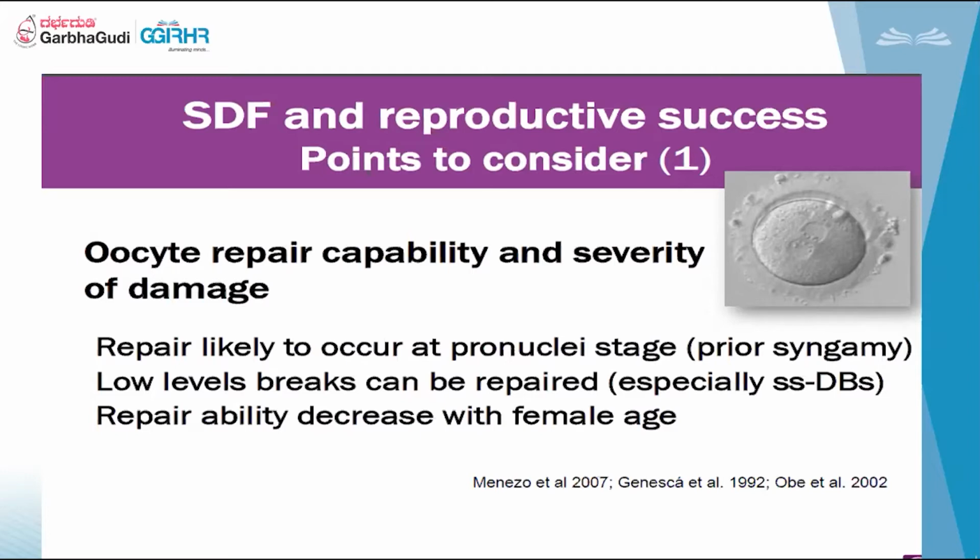So that's why they say, if the husband is older, there's some concept like that, right? But the actual point here is, you can only read this: repair capability decreases with female age, because it's not able to repair if any abnormality is there in the sperm. So low levels of breakage can be repaired in the oocyte only. That's when we don't get more fragmentation. If the husband's sperm damage is less, then fragmentation will be less, or cleavage will be proper. There's no abnormal cleavage. So those things can be avoided.